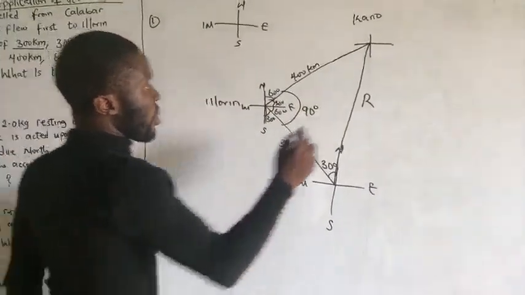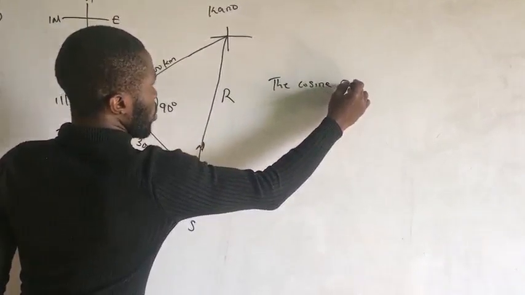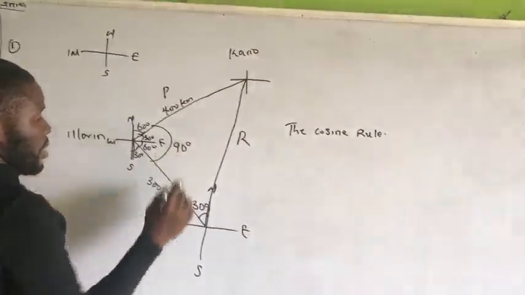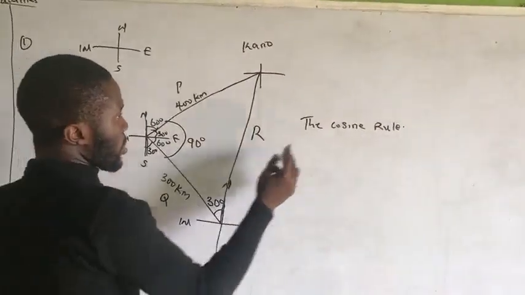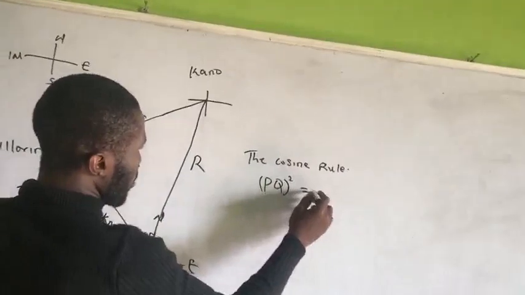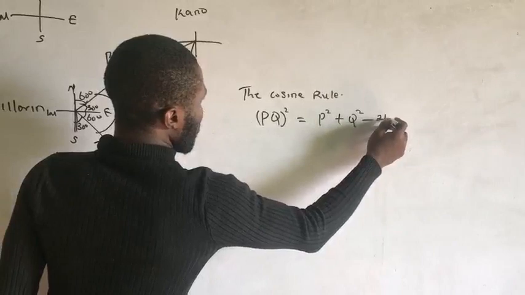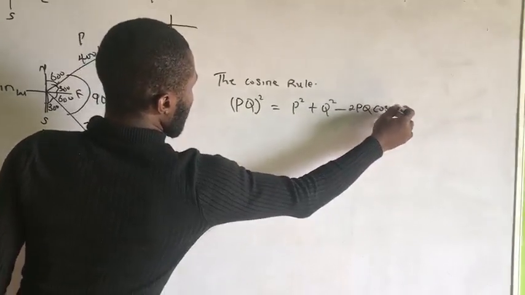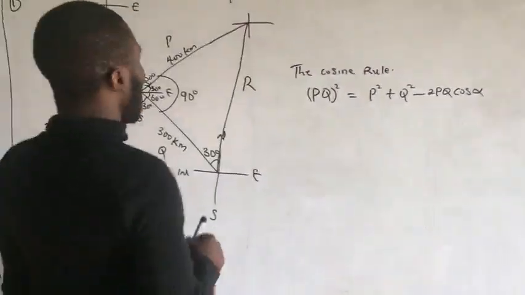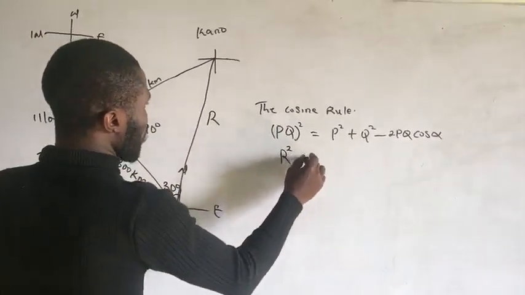Now we use what we call the cosine rule. And what is the cosine rule? Let's say this is P, and let's say this is Q. The cosine rule says that PQ square equals P square plus Q square minus 2PQ cos alpha, where alpha is our angle, which is 90 degrees. Now our PQ square is our R square, so it means our resultant displacement R square is P